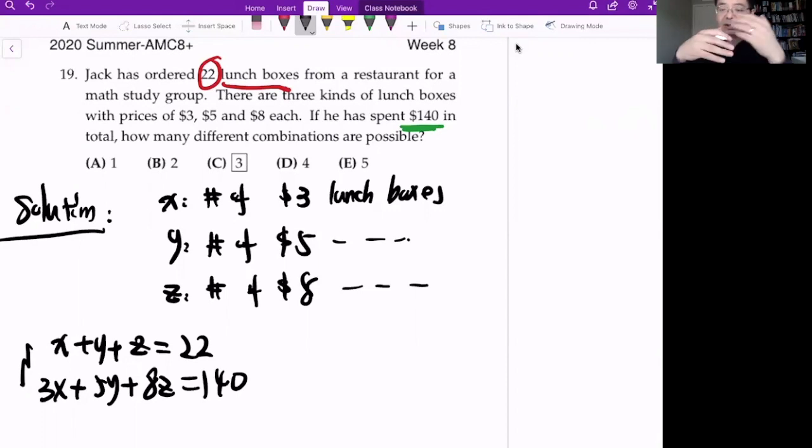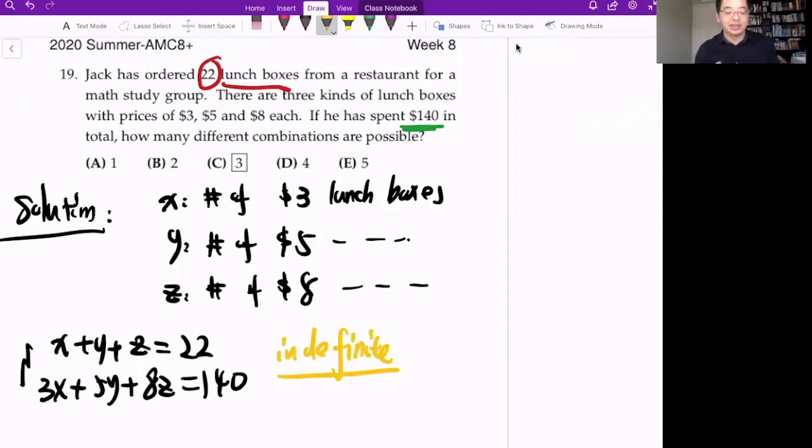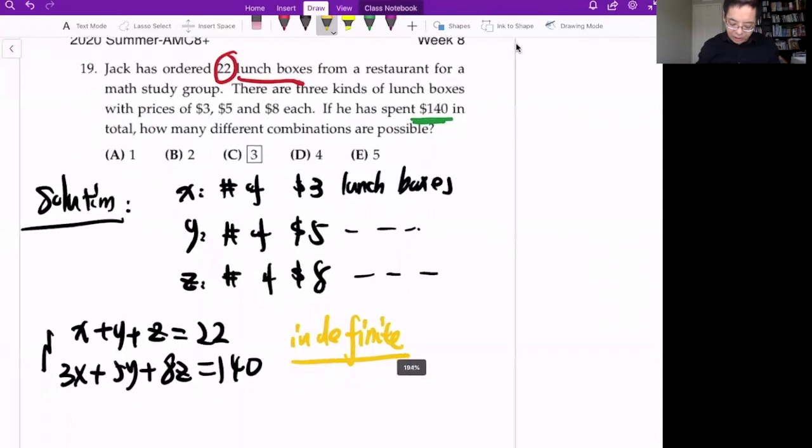Usually there are infinitely many solutions to this kind of system, which is called indefinite. Indefinite means the number of equations is less than the number of unknowns. But here, because x, y, z have to be integers, you can view it as an extra piece of information, and this will help us narrow down the possible number of solutions. So how should we solve